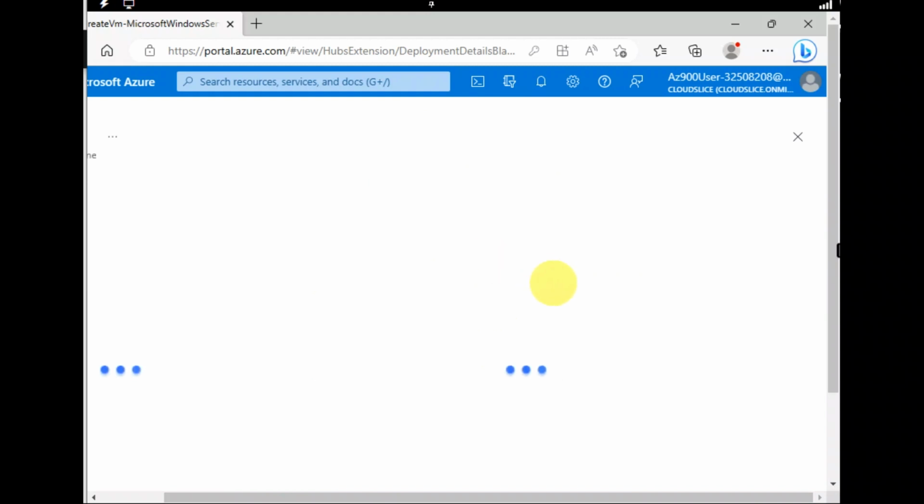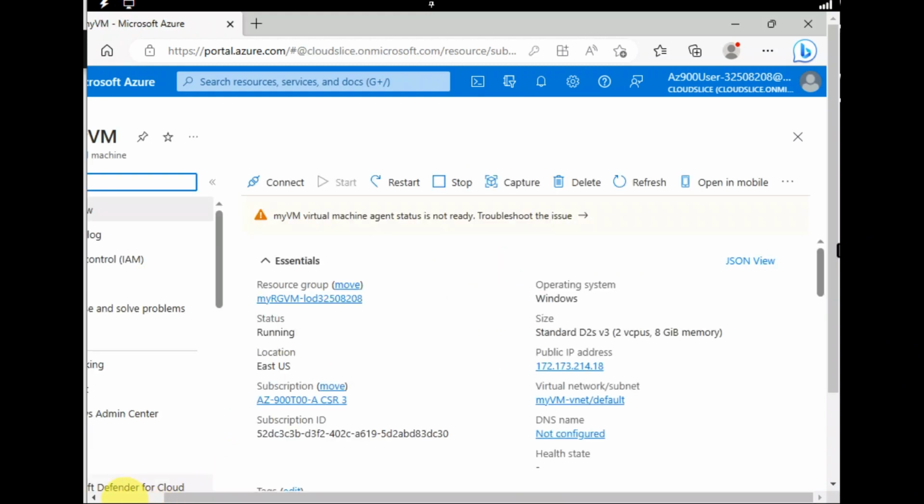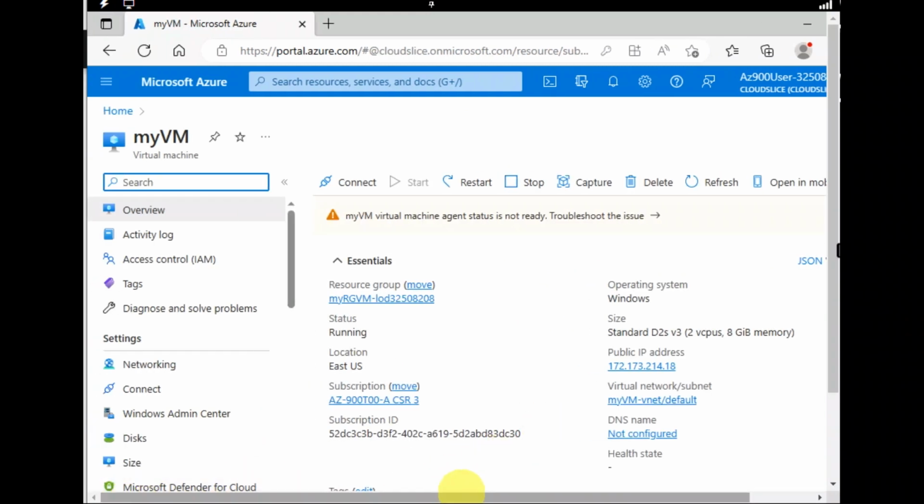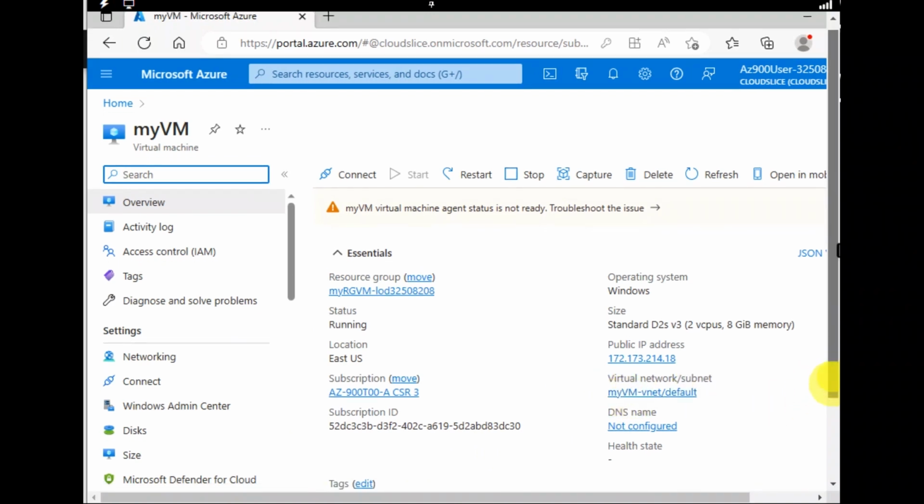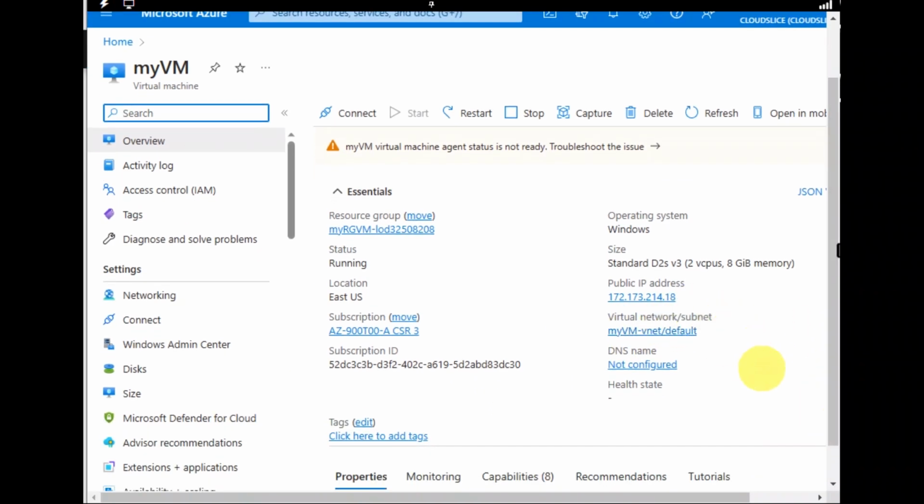It took 1 minute for my deployment to succeed, and now by going to the resources I can see that I have successfully created my virtual machine, and these are the specs for it. What is the public IP address, virtual network, DNS name, subscription type, location, the status, and the resource group where it is supposed to be. If you want to change the resource group, then you have to click move, and you can then get a list of resource groups where you can actually move your